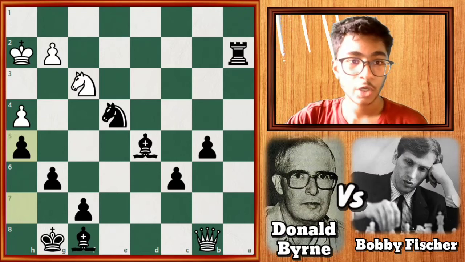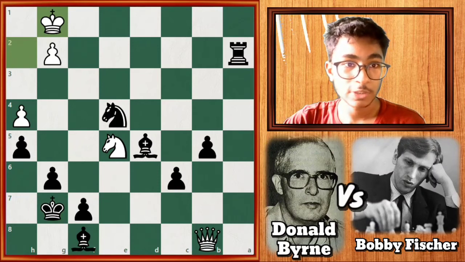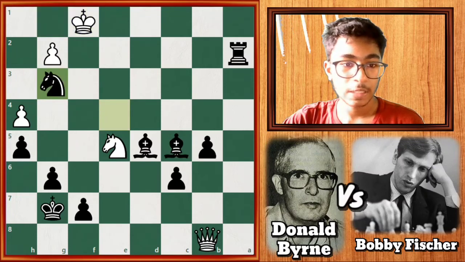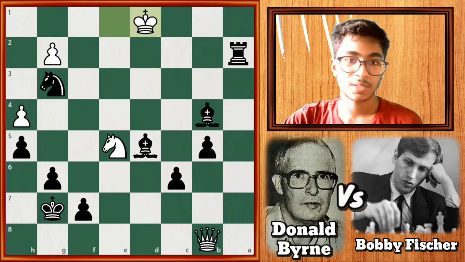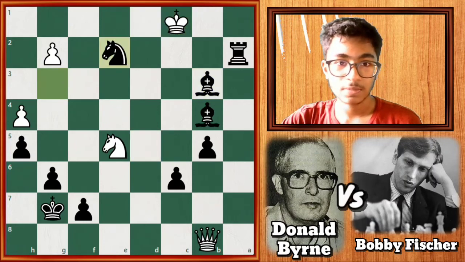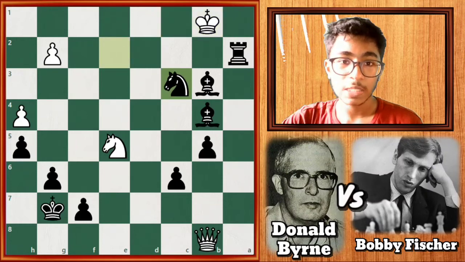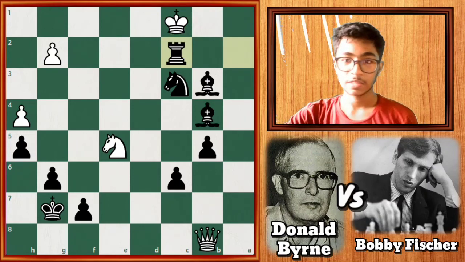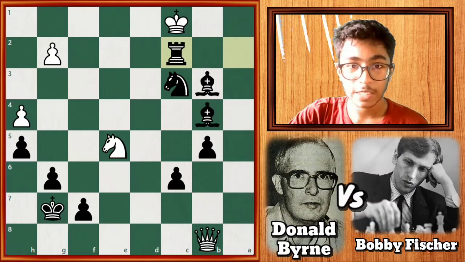So after h5, Donald played knight to e5, king to g7, king to g1, bishop to c5 check, king to f1, knight to g3 check, king to e1, bishop to b4 check, king to d1, bishop to b3 check, king to c1, knight to e2 check, king to b1, and knight to c3 check, king to c1, and rook to c2 checkmate. Guys, this was the game, a fantastic game played by Bobby Fischer, as he just coordinates all his pieces into the game